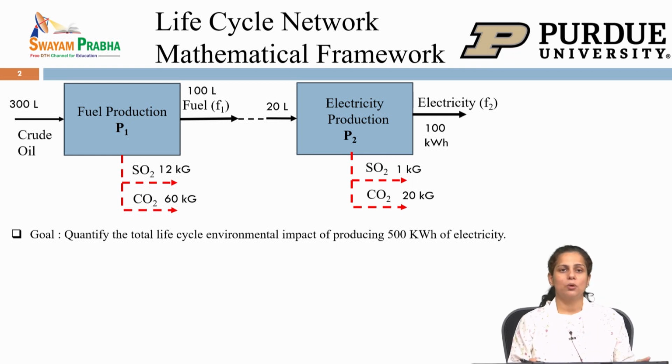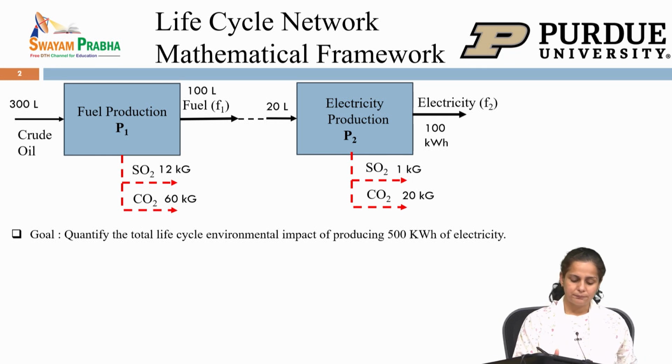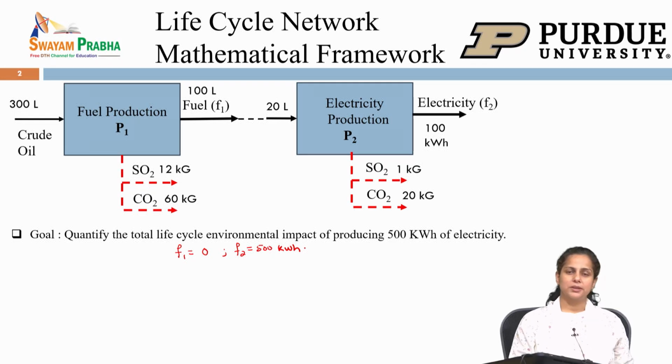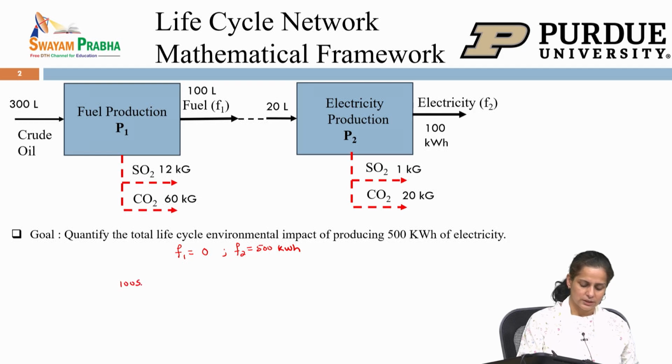So, for our goal, F1 is going to be 0 and F2 is going to be 500 kilowatt hour. Now we have set up the first variable in our mathematical problem. The next thing is to write our balances like we did in the last module and set up the technology matrix. We have two products in the system, fuel and electricity, so we write the balance for fuel and then for electricity. For the fuel balance, the production of fuel is 100 times S1 and the consumption of fuel is